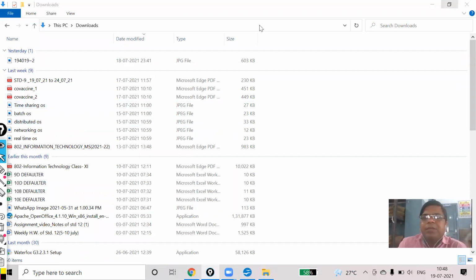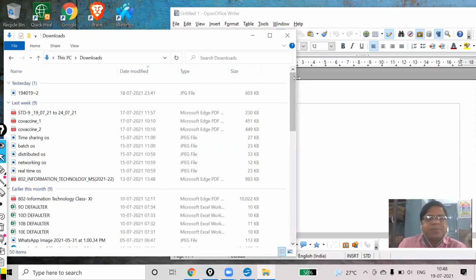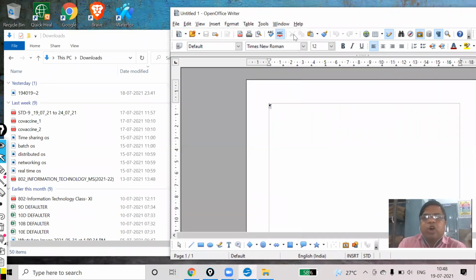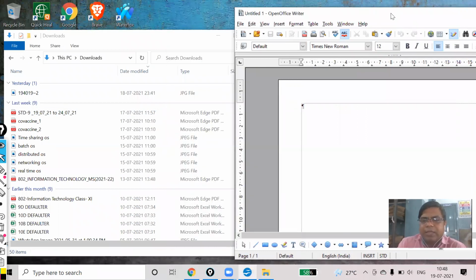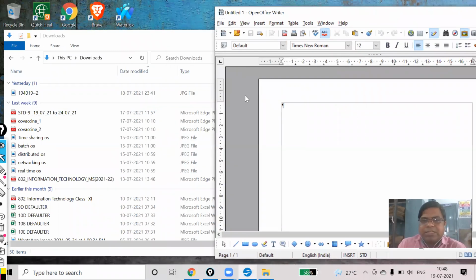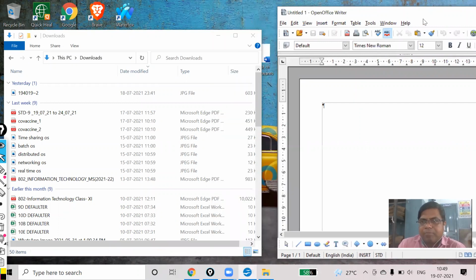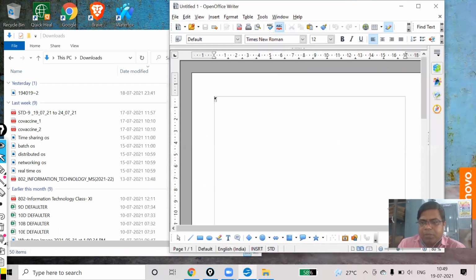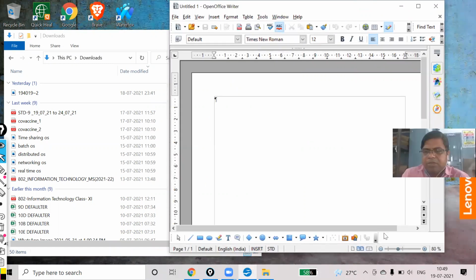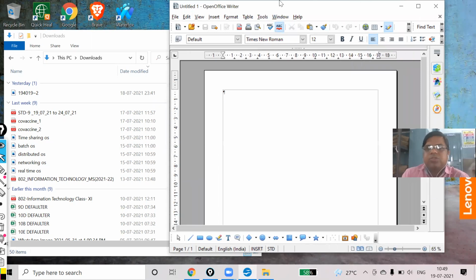Now let me make this one 50% and this one also 50%. Okay. So that you can see both. Let me minimize also so that properly you can see.